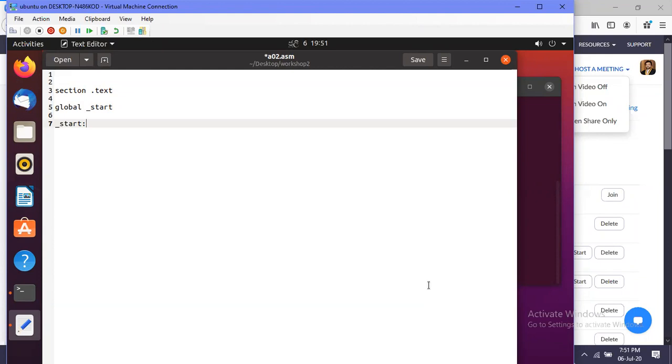So what was our task? Our task was to print some text, hello world, into the string. That set of characters is known as a string. Hello world is a string. One character is stored as a byte.